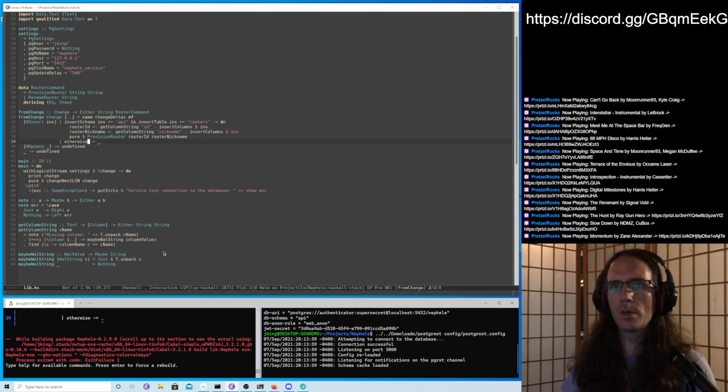So in the case where we can't match out the insert and the change that we're looking for, based on the schema and table and the column, we just need some kind of error. Now, this might not necessarily be an error. Depending on how we react to this, we could do different things, like just pass on this change to another domain, maybe another domain downstream from us might want to do something about it. Maybe we just want to log. Maybe we don't really care. We just got to put something here for now.